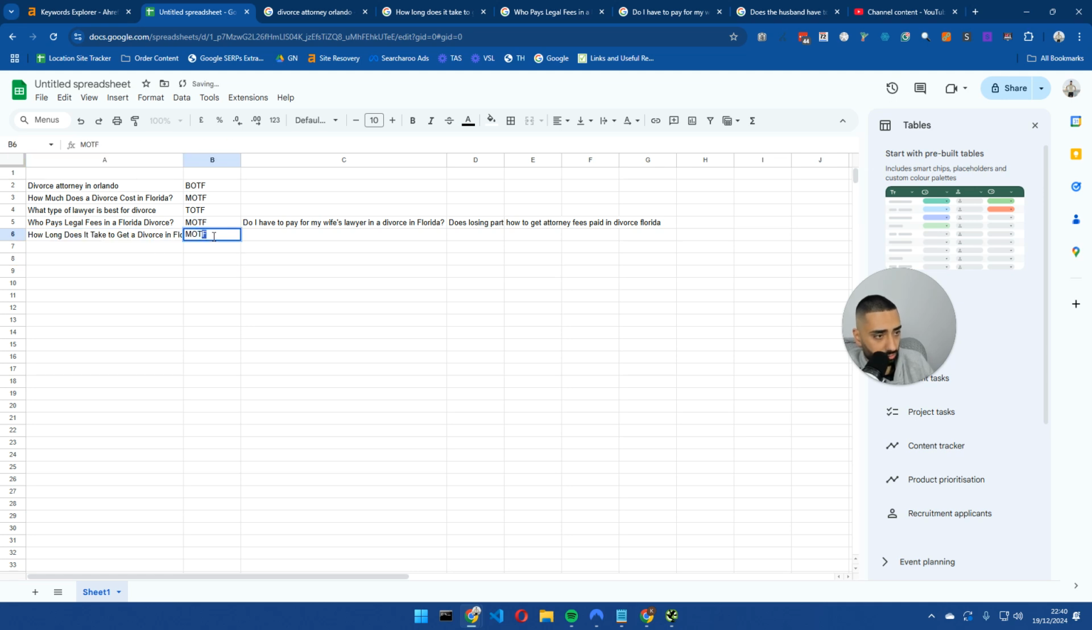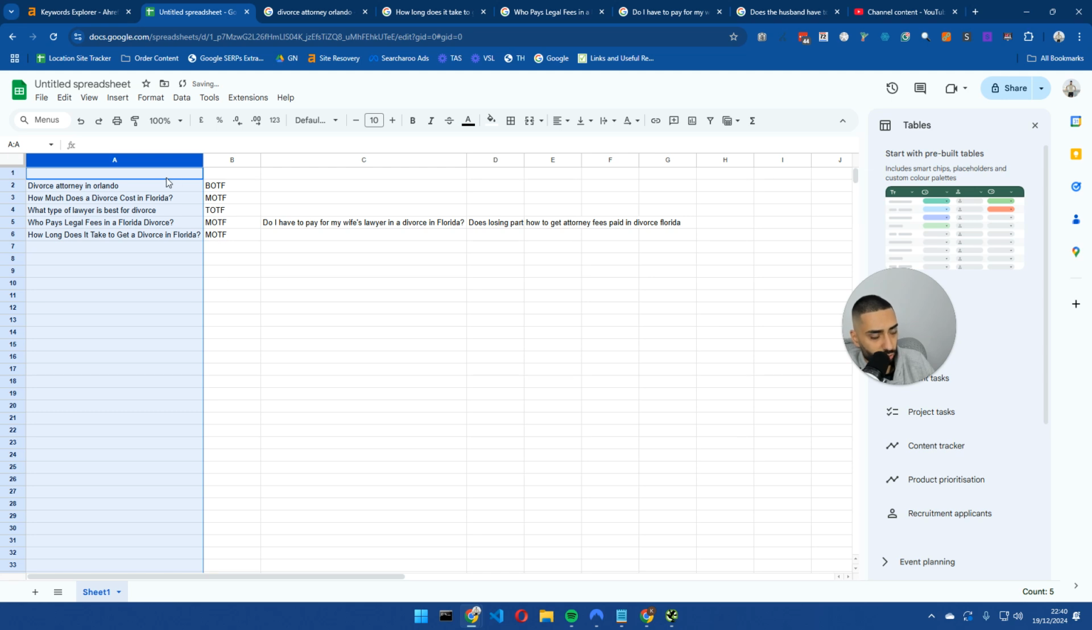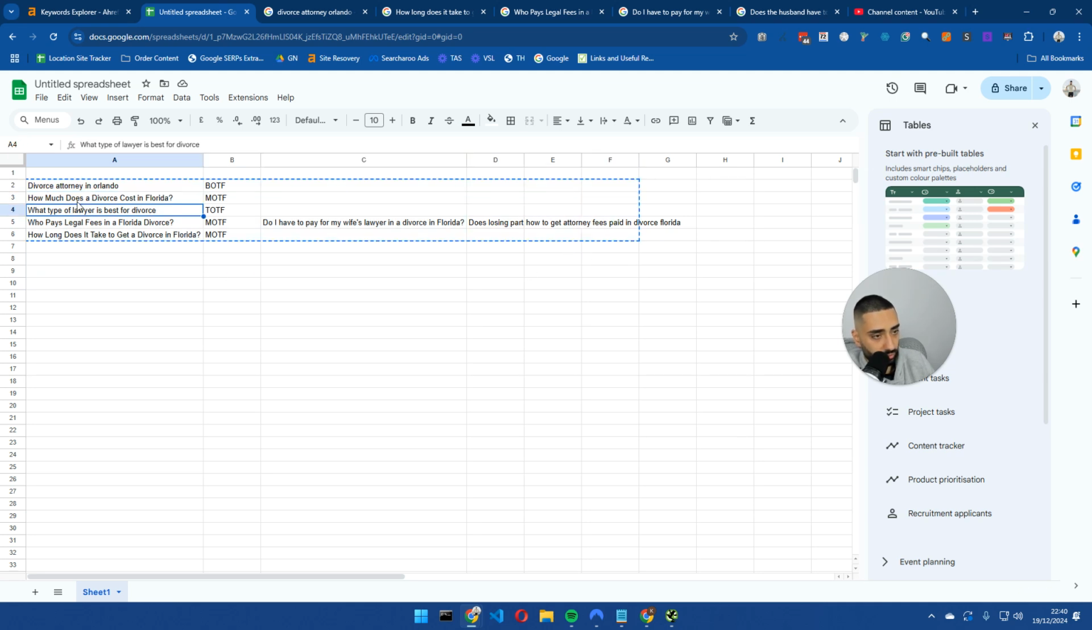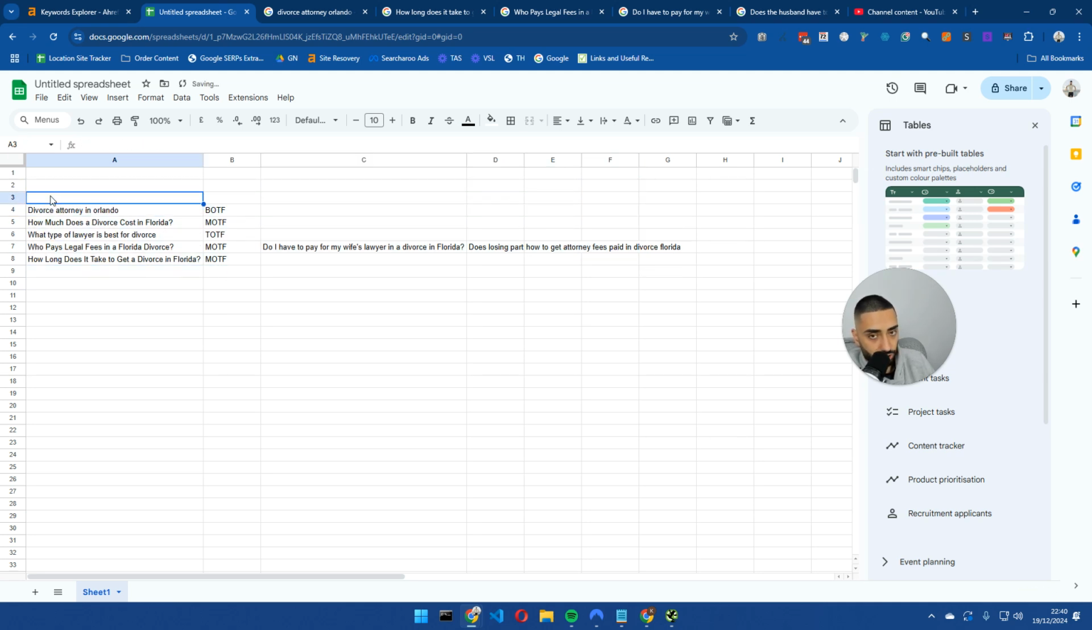So then we've got middle of the funnel. And very slowly, we are creating topical authority to do with divorce attorneys. Now, one thing to bear in mind as well is that this section would only be for divorce attorneys. You need to do this for every single service. So, for example, if I just merge these, this would be for our divorce attorney